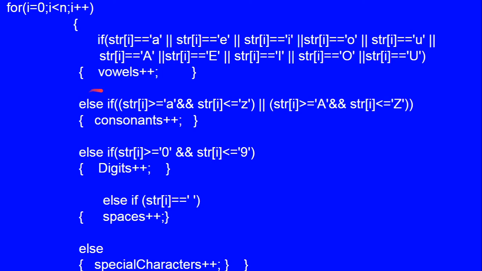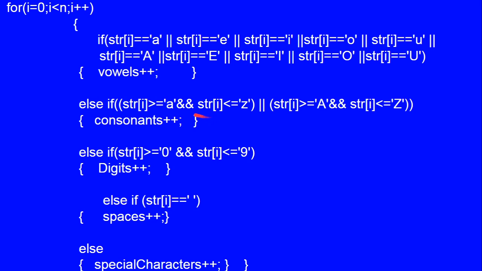So we are checking else if string of i greater than or equal to a, that means between a and z. This condition checks for string of i greater than small a and less than small z, using a logical AND operator. So whether it is a small letter or a capital letter, string of i greater than or equal to capital A and less than capital Z, means the characters between small a to small z or capital A to capital Z,